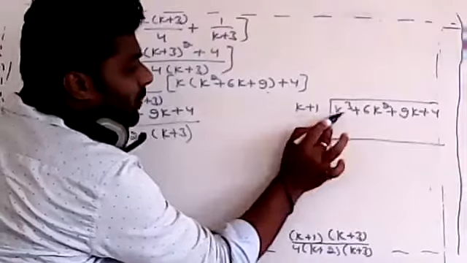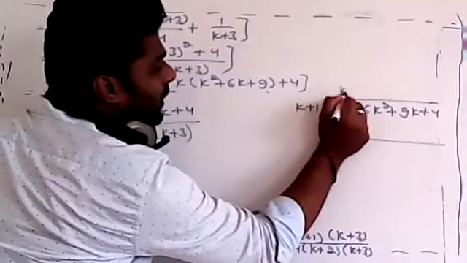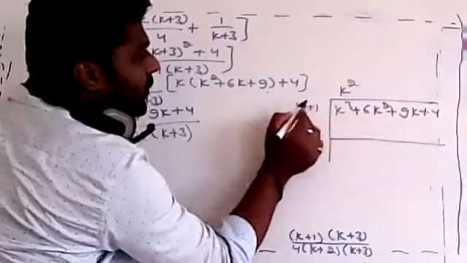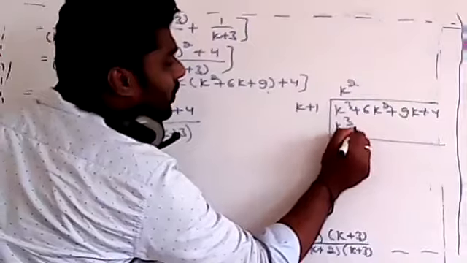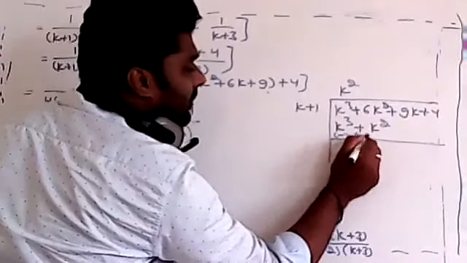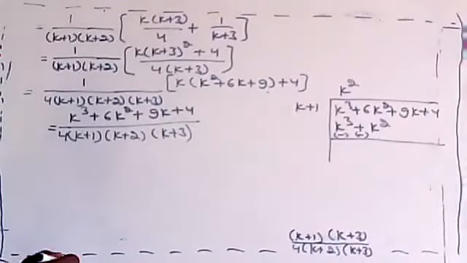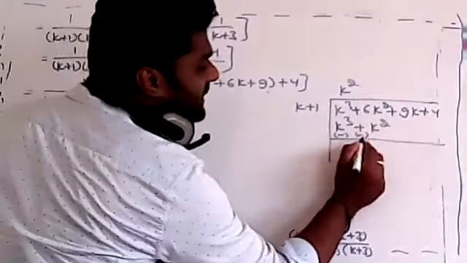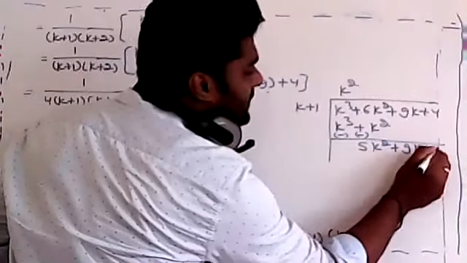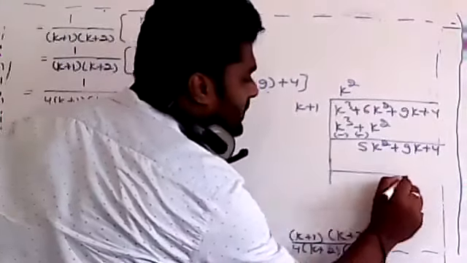So now you check here, to balance this one, k cube I want here. So here only k is there. So to balance that one, what do you have to multiply? K square. Good. K square. K square into k is what? K cube plus k square into 1 is what? K square. If I change the sign plus by minus, so k cube and k cube get cancelled. Correct or not? Then next, 6k square minus k square is how much? 5k square plus 9k plus 4. Correct? Till we get the 0, we have to solve. Yes, nice. Next one we have to take as what?